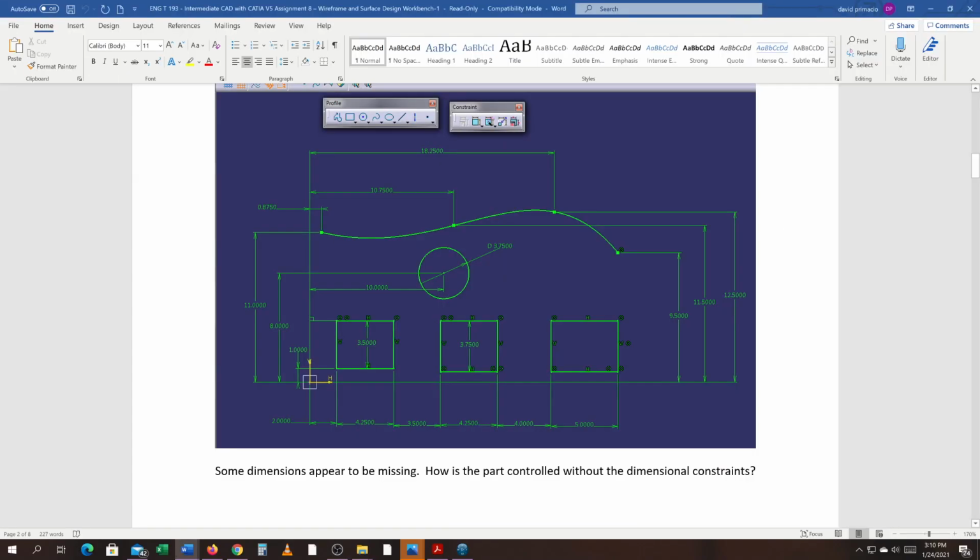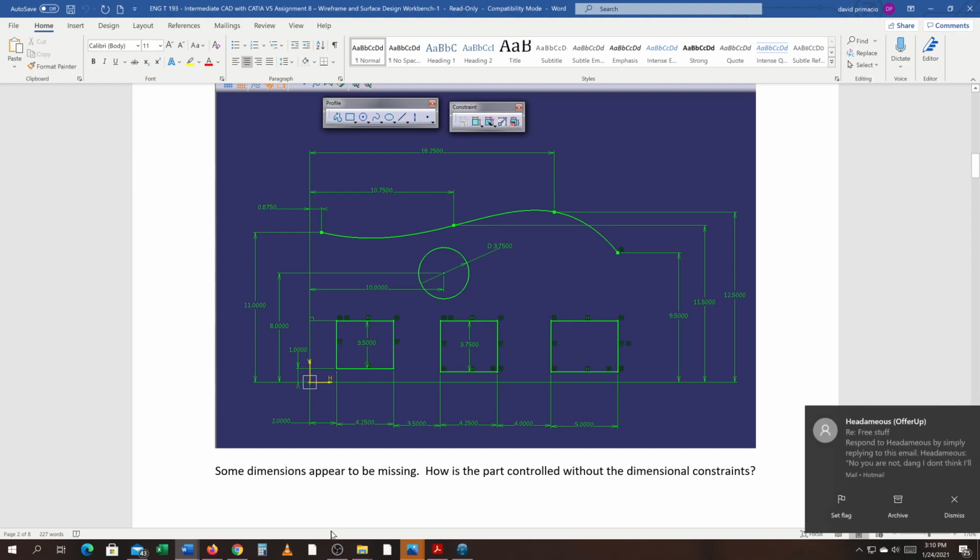We're going to attempt to sketch this shape out for assignment 8. So this is my trick: look at the profiles here. If I were going to do this, I'd just create the rectangles first. Notice that the whole top row is aligned and that these two are aligned here. So what I would do,